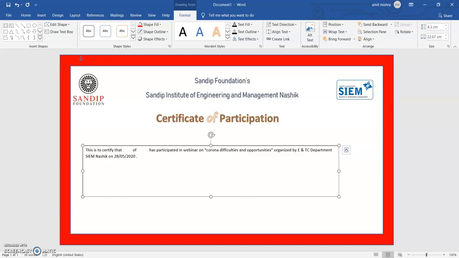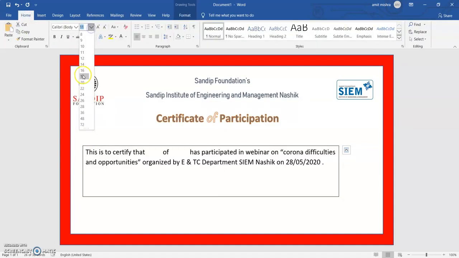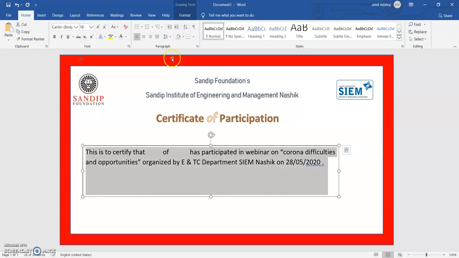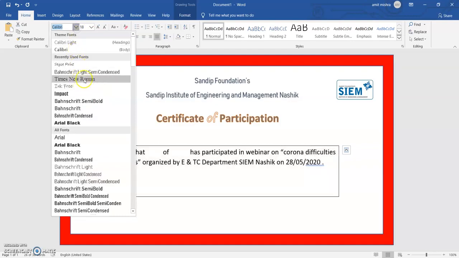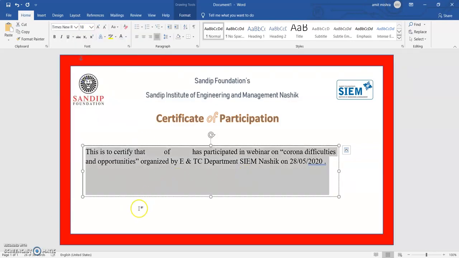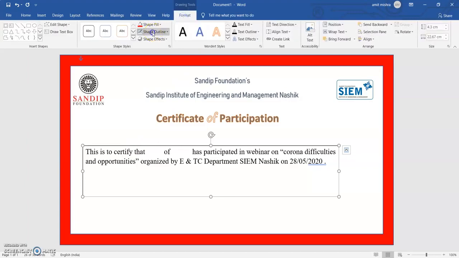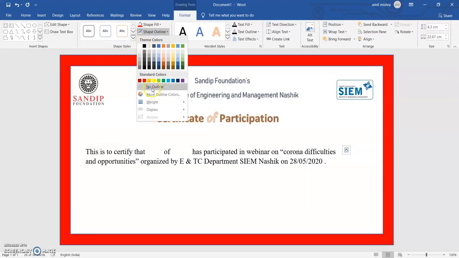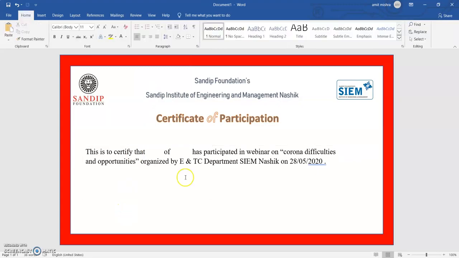Then after writing this, I will increase the font again, that we know how to do. It's simple. Again I will go over here, I will give some font size to it, I will choose justify. Then I will give some particular font, say Times Roman, in this fashion. Now the contents are ready. Again I want to remove this border, so I'll go in Format and choose no outline, so this part will be removed.